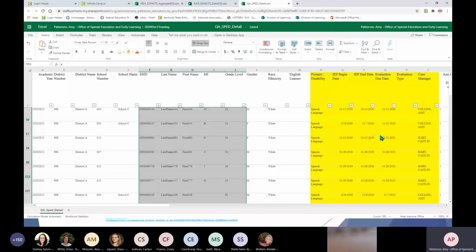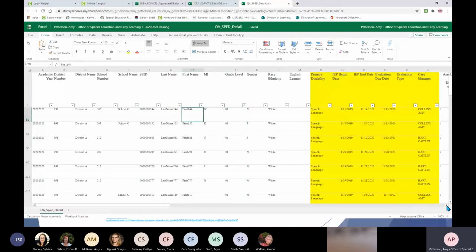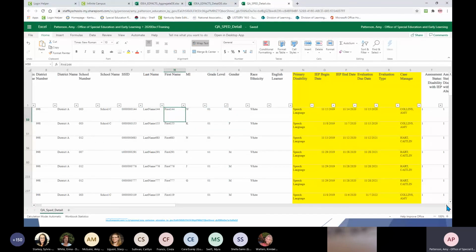This report has all kinds of really good information if you just know how to filter and sort. But I'm really excited about this report and having all this data on it. Okay, so I will send out an email to everyone on how to find those students. And if you have other questions like that, let me know. Okay,